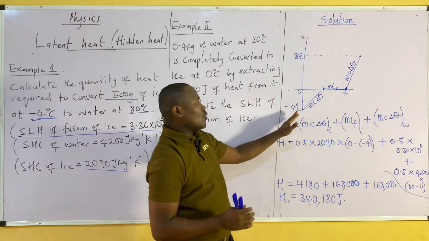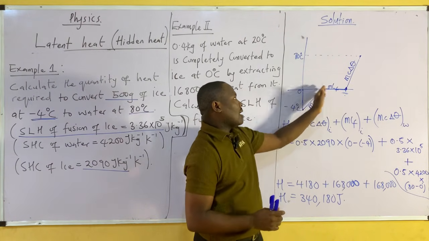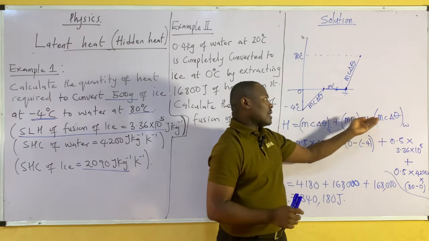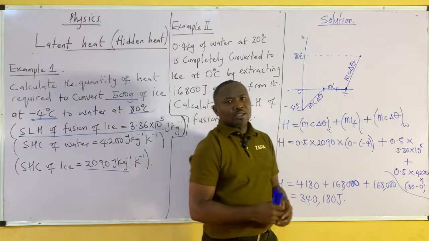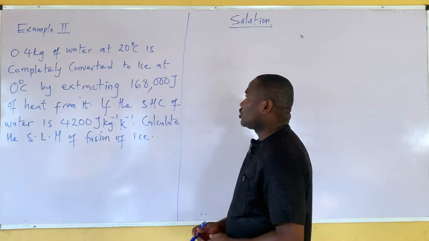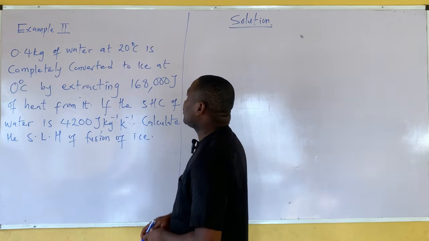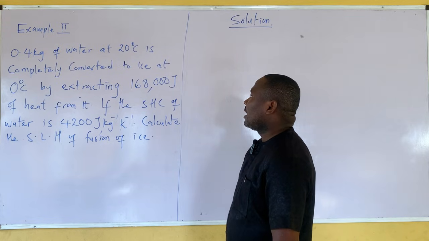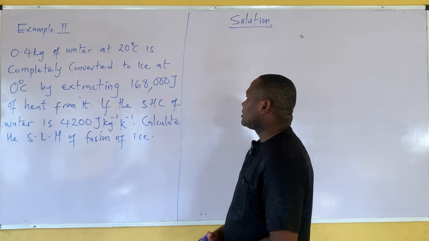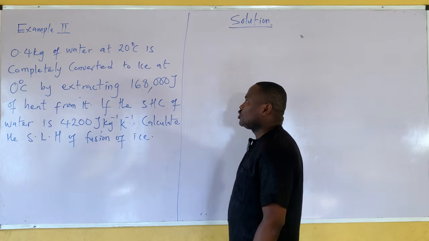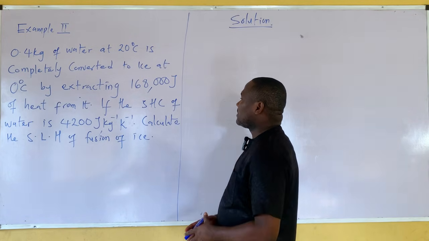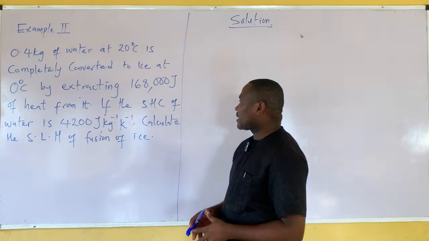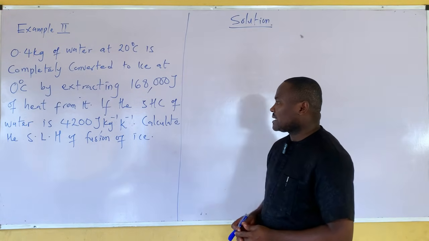We'll first of all show the way it will go, and this is the pathway. Then we said this is for ice, while this is for water. We'll look at another example to portray more points. Now let's look at question number two. Question number two says 0.4 kg of water at 20 degrees Celsius is completely converted to ice at 0 degrees Celsius by extracting 168,000 joules of heat from it. If the specific heat capacity of water is 4,200 joules per kilogram per Kelvin, calculate the specific latent heat of fusion